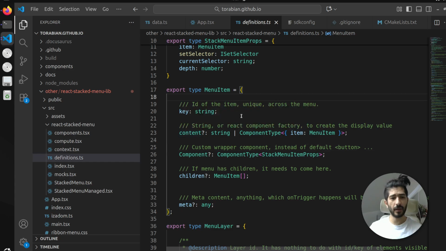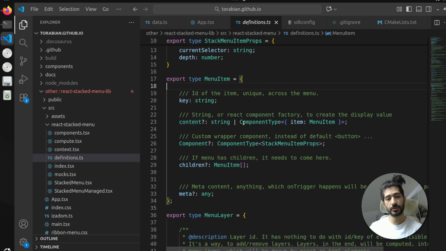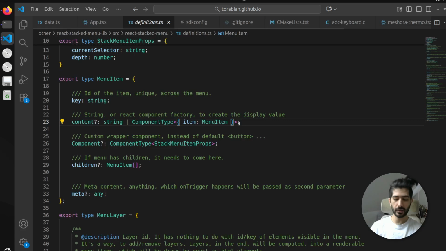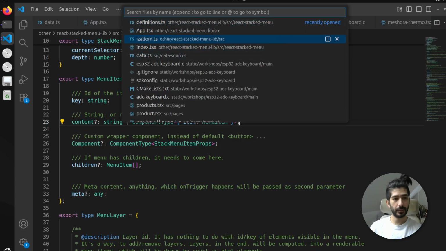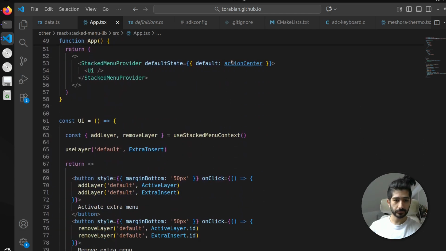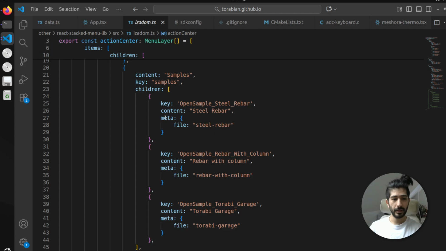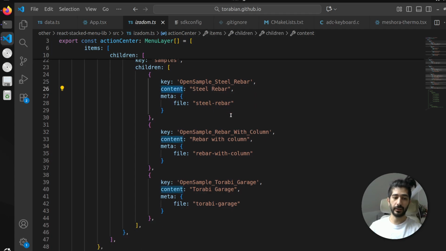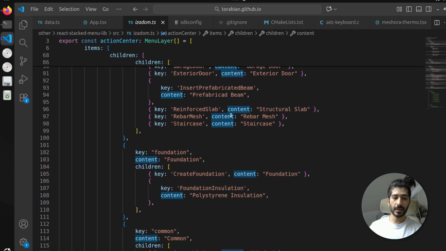The key is very obvious. It's a unique ID for the layer, for the menu item. So make sure that's unique across all of the layers. The content is a string or a component type. This is very important. So if I go to my action center object, you see here I have content as a string, and what else I could do